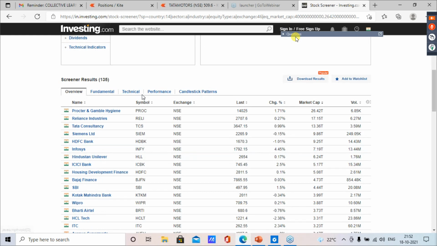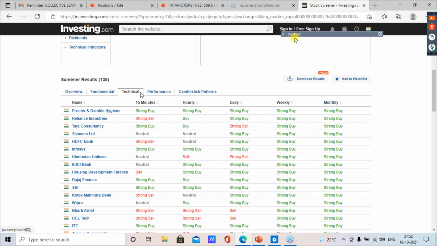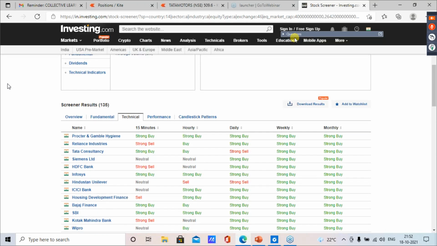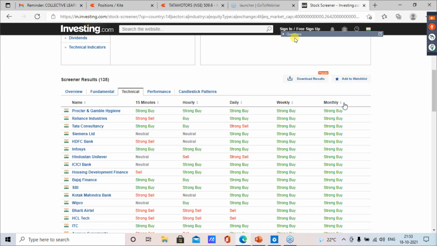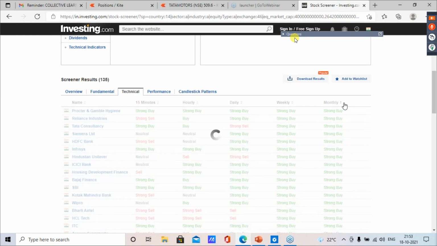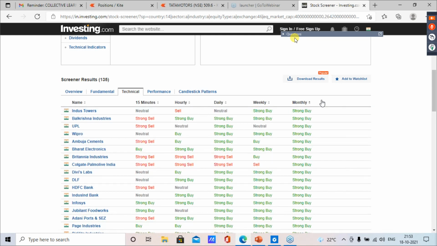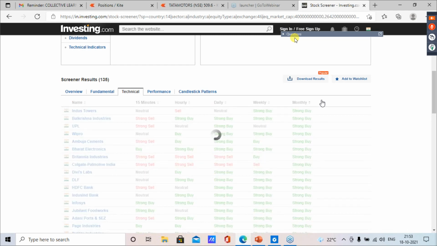So this stock app and investing.com will give you stocks for the next day. That is how we're going to predict top gainers and losers based on these screeners. One day before, please click on technical. After selecting the edit criteria of 400 billion in market cap, please click on technical. Once you click on technical, you just double click on monthly so that you'll get all the stocks shortlisted. This is how we're going to take a unidirectional trade.